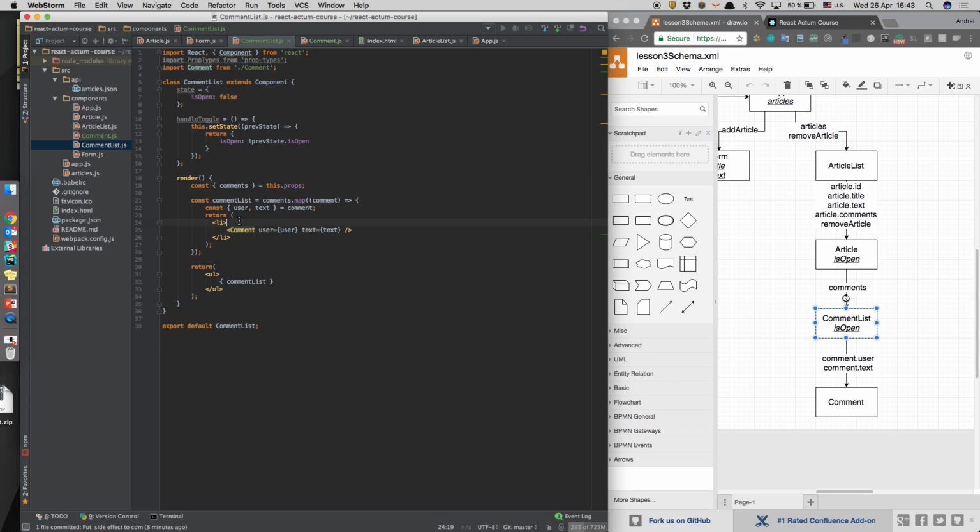So I have a question. This prev state, will it be true or false? No, prev state, it's an object. This object includes is open and the previous value of is open. So here we should pass also, for example, let's write